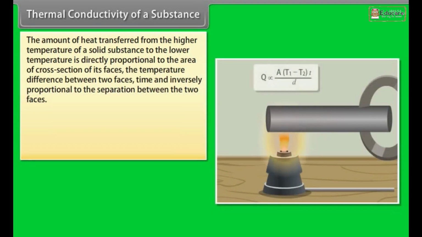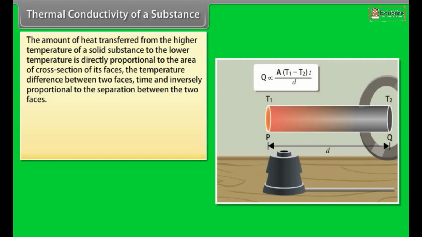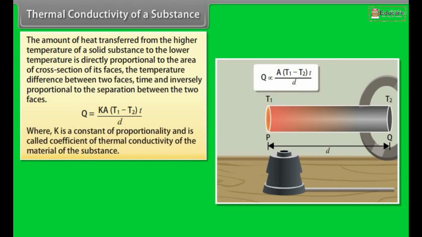Thermal conductivity of a substance. The amount of heat transferred from the high temperature of a solid substance to the lower temperature is directly proportional to the area of cross-section of its faces, the temperature difference between the two faces, and time, and inversely proportional to the separation between the two faces. It gives Q = KA(T1 - T2)t/d,